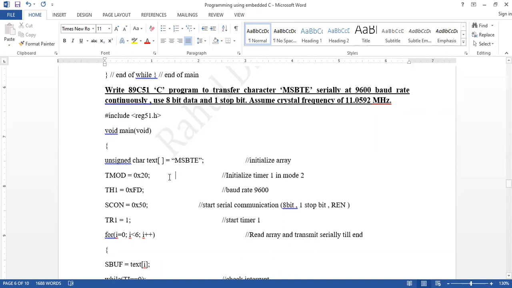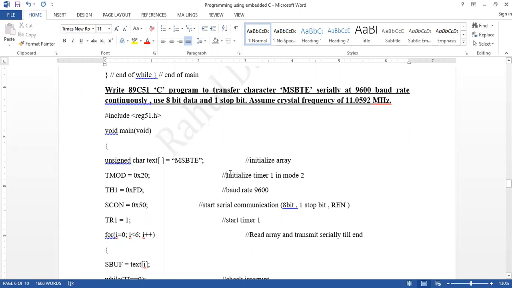Then we have to select the timer and mode. Use 8-bit data and one stop bit, so for that we should select mode 2. You can take any timer, timer 0 or timer 1.